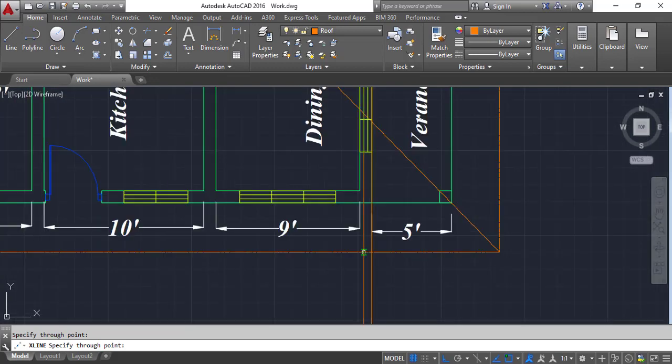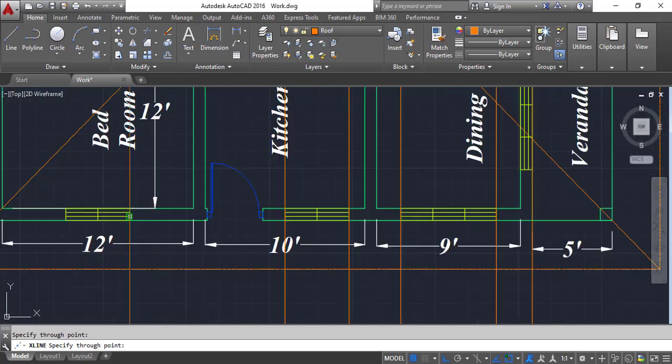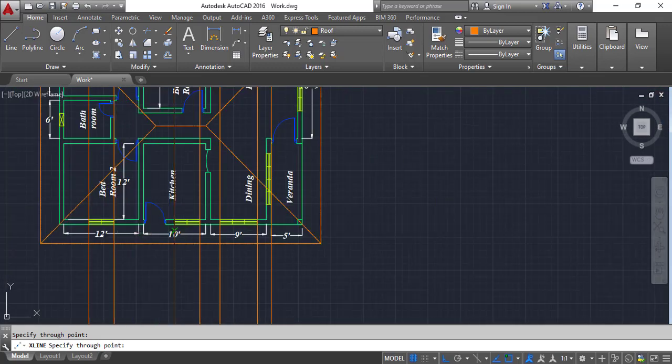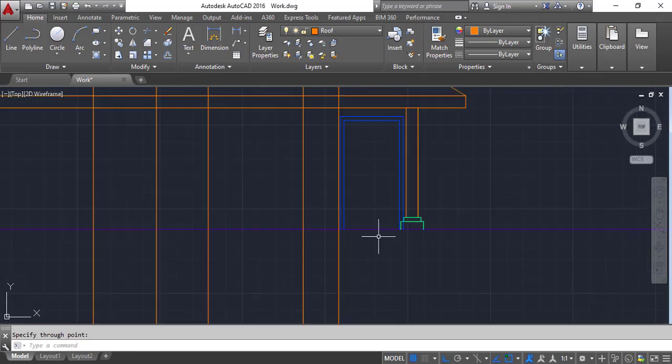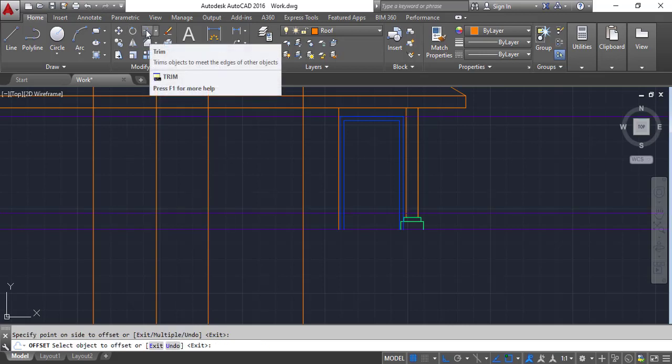okay, project this one. In here I'm going to project the windows, enter. This is my roof end, sorry, wall end. And here I'm going to offset the 1 feet for this window, and this height I'm going to make 6 feet, enter, and make chamfer. So I'm going to make trim,